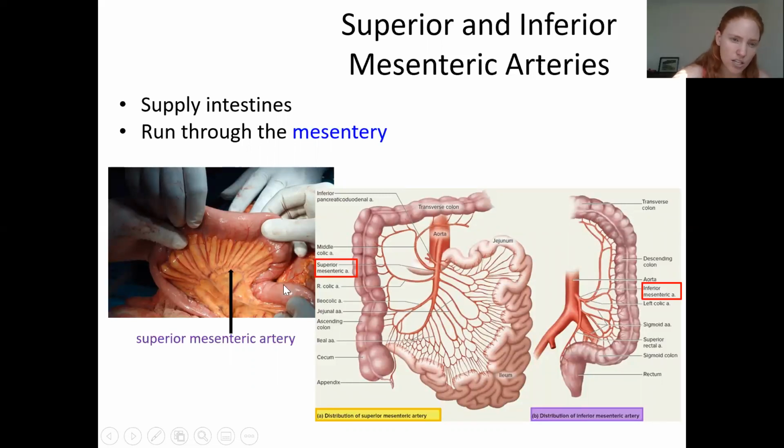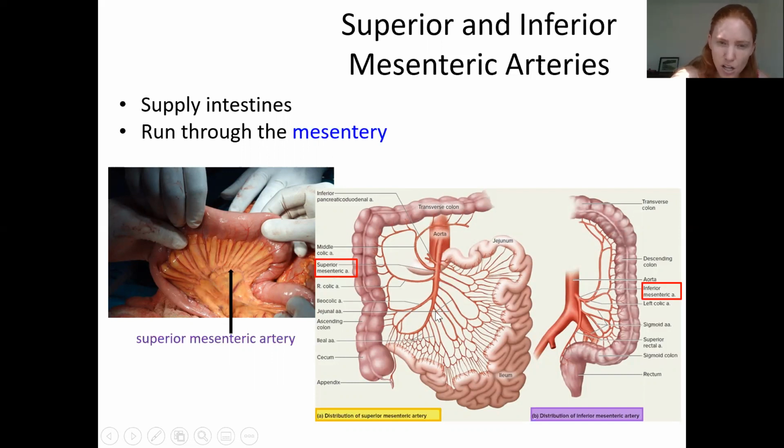So there's a small intestine. This membrane right here that has a bunch of blood vessels and some fat deposits in it, that is going to be the mesentery. And this blood vessel right here, the main one, that's the circular one there, that would be the superior mesenteric. So the superior mesenteric, which is that second little branch off of the aorta, that is